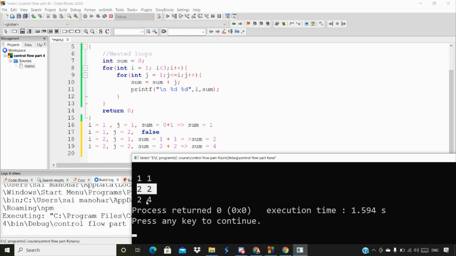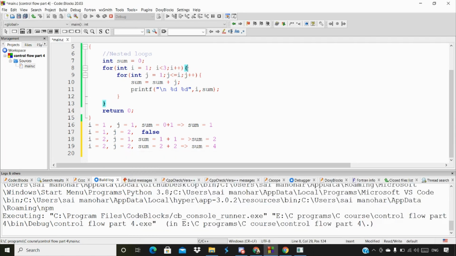When it comes to our output screen, for the same code we got the same output as well. So that's the explanation of the loop statement, how it works exactly. It's going to keep on repeating, like inside the for loop we have one more for loop, and again it's going to keep on repeating until this particular condition is true.